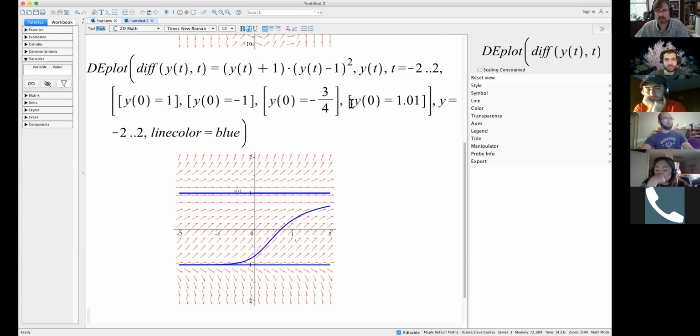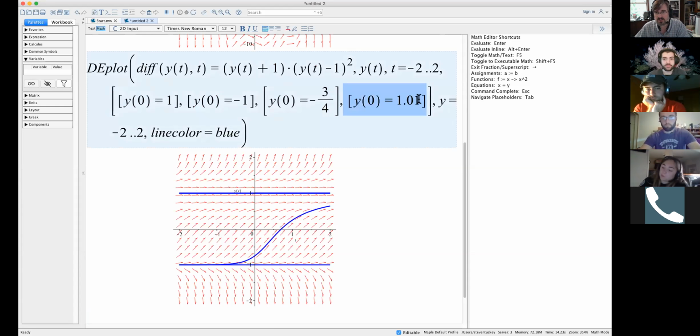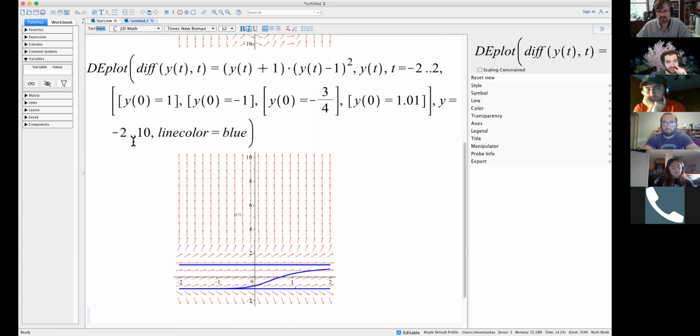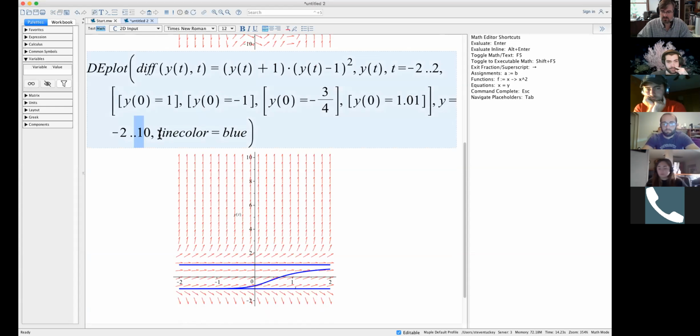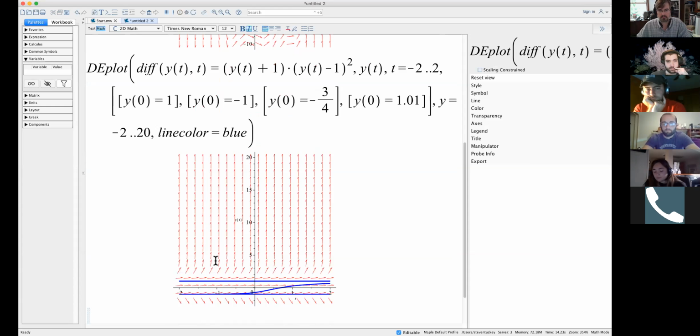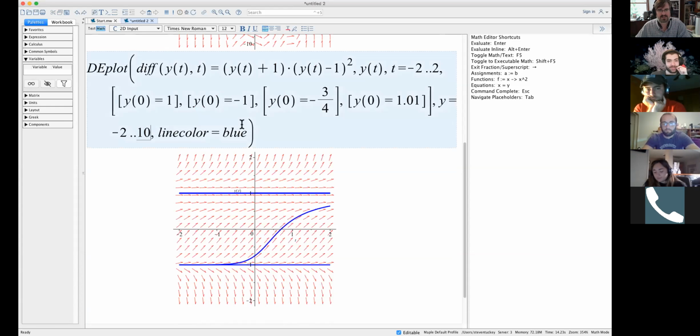Now, if you're wondering, this guy right here, that initial condition, that's still there, but it's such a small increase that I would have to extend my graph. I'd have to extend my window out more. So let me see if I go from -2 to 10, you should be able to, oh wow, you still can't see it. Go -2 to 20. Oh no, why am I changing the y coordinates? It's not the y coordinates I'm trying to change. It's the t coordinates that I'm trying to change. Silly me. If I go out from -2 to 10,